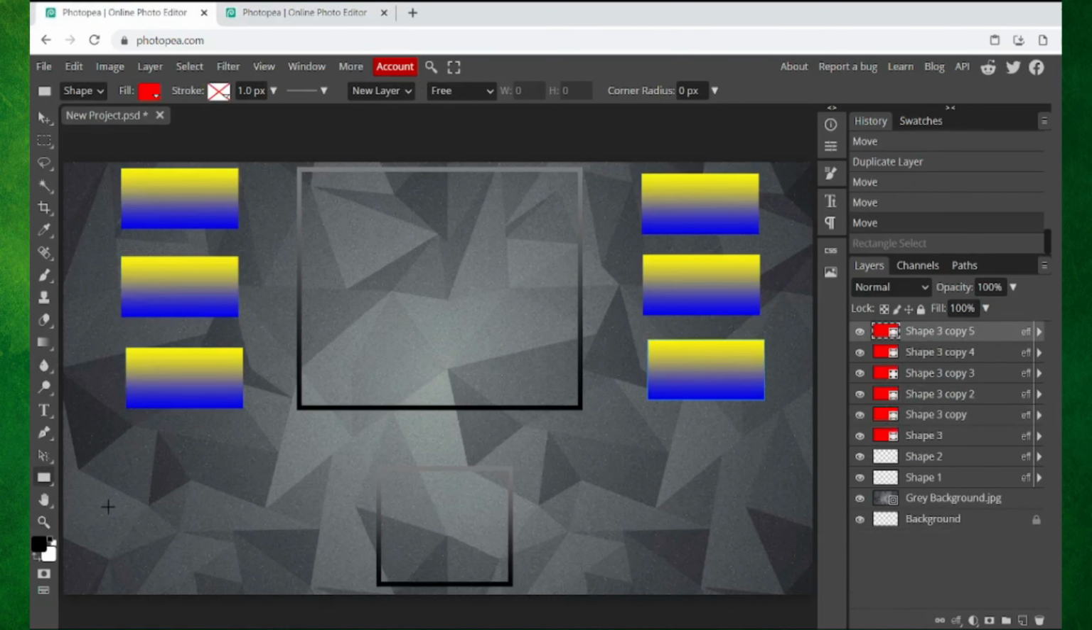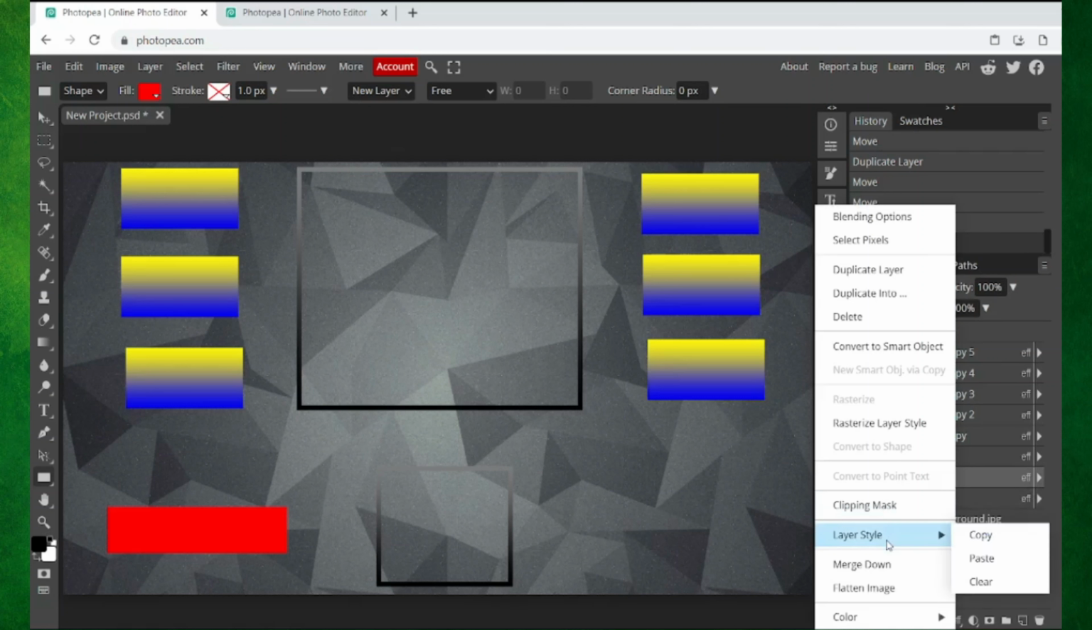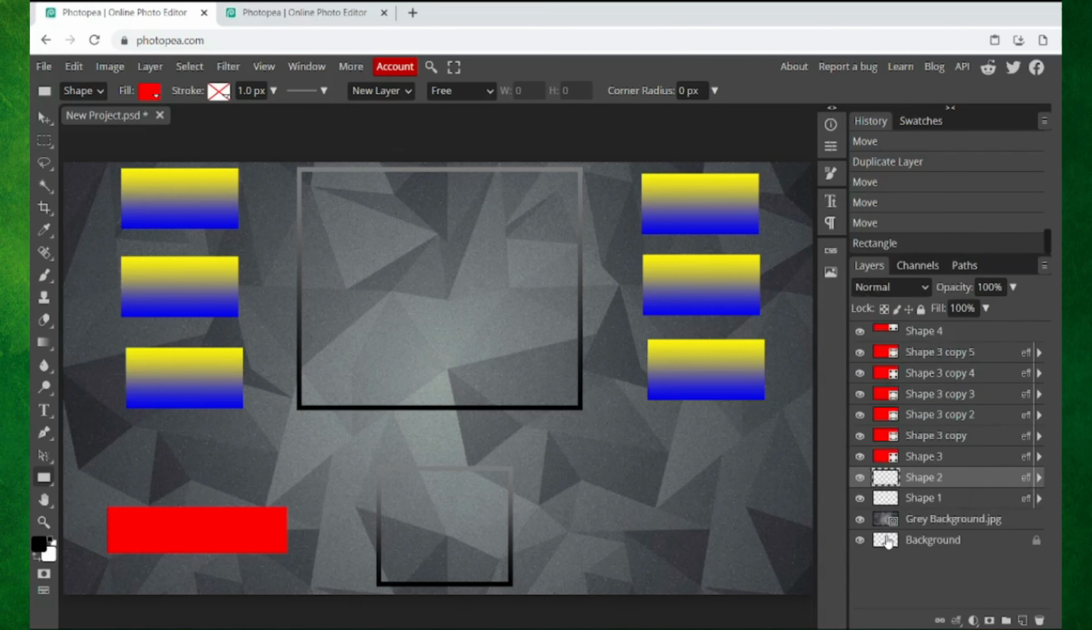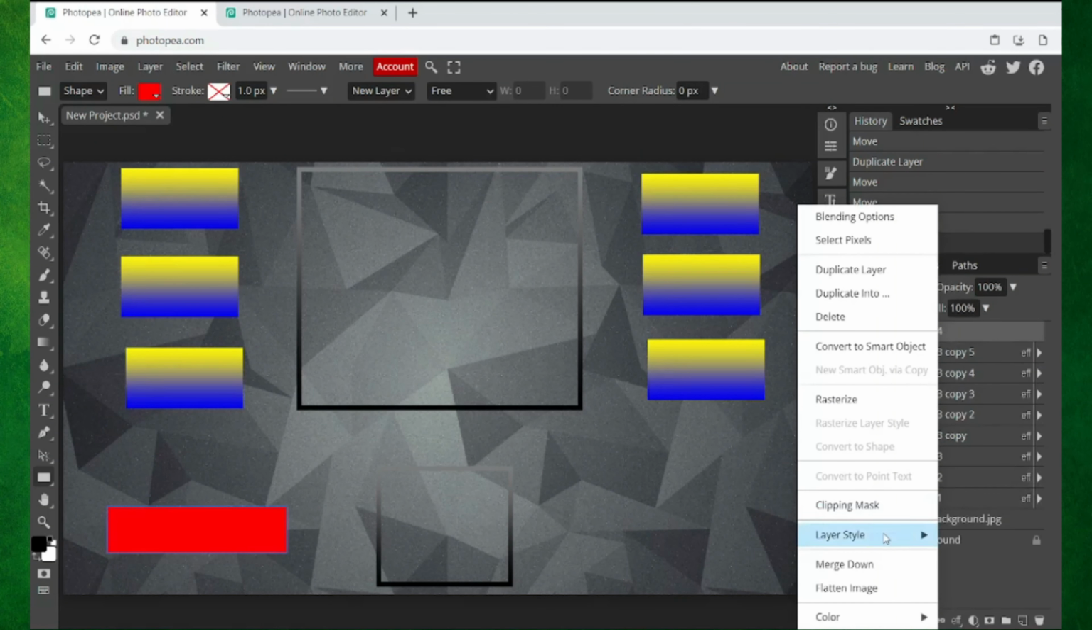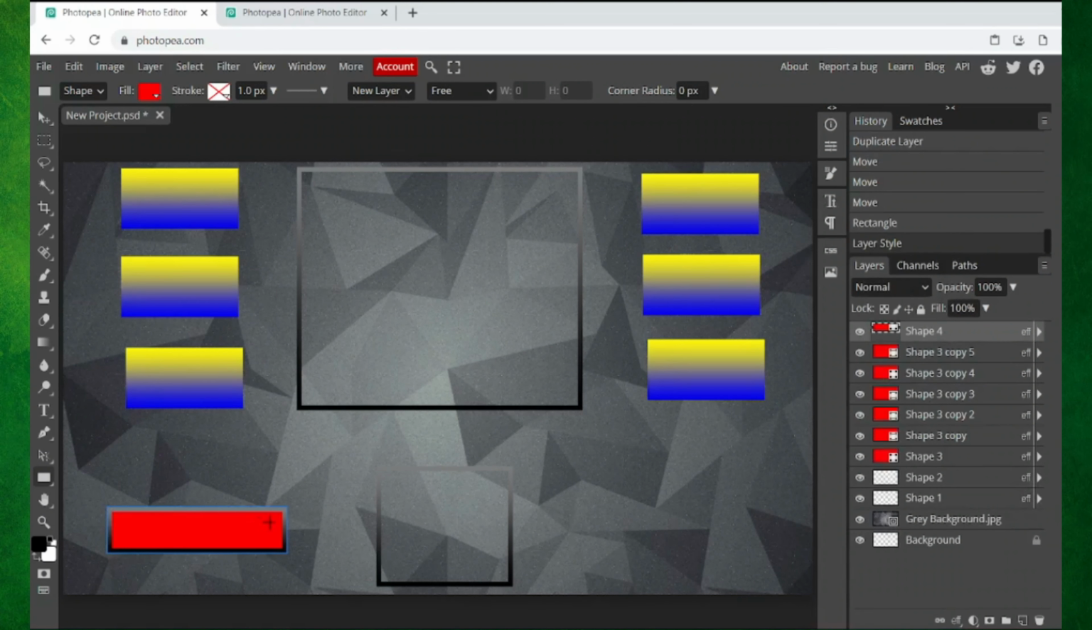So once again, we're just going to make another little shape down here, and it's just going to be a small rectangle, kind of long. I think that'll do right there. And another thing that I probably should have showed you earlier is you can always just right click one of these earlier shapes. So I'll take shape 2, for example, go to layer style, hit copy, and then go back up to your new shape, go to layer style, hit paste, and bam, it automatically pastes on that gray and